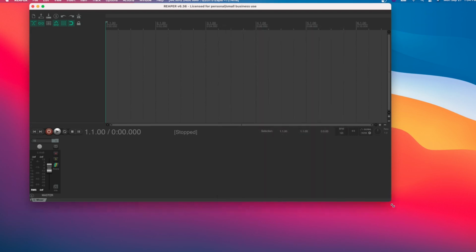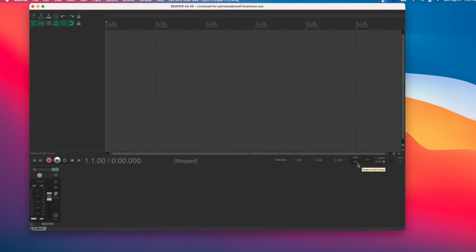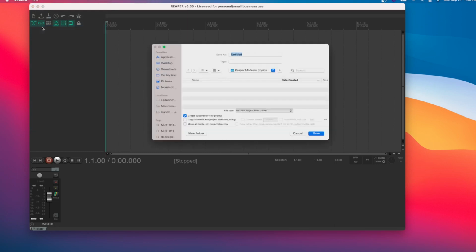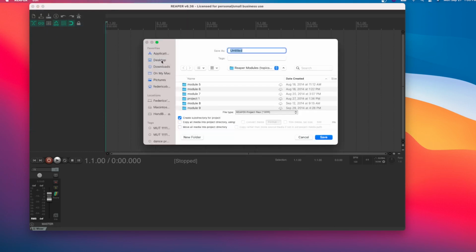Now, the very first step is that we will save this project. This is really important. It will remain important through this entire segment. This is a very common error. A lot of the very common mistakes I see people make have to do with the way the project is set up. So before I do anything else, I will save this project as, okay,